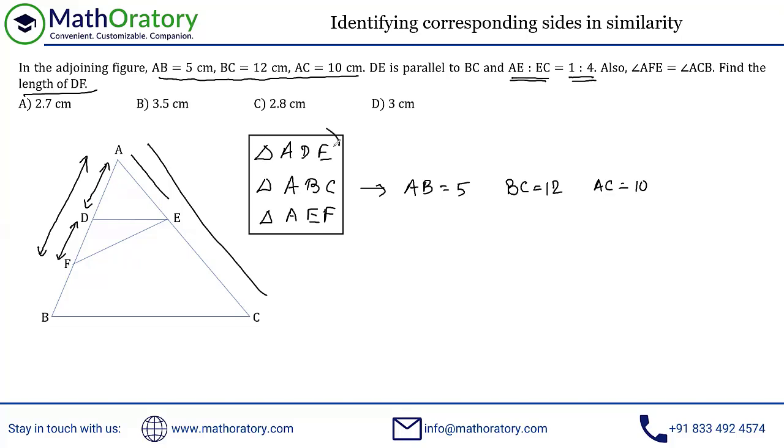So let us focus on this triangle first. So AE is 1/5. This is AE is to EC, by the way. Don't mess this up. In the given information, it is AE is to EC. So AE by AC, that should be 1/5. So knowing this, this is about the first two triangles. So let us use this ratio to figure out, first of all, AD.